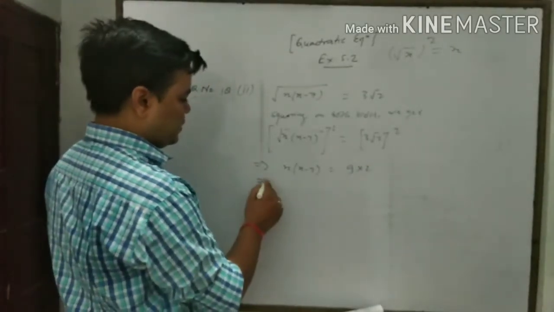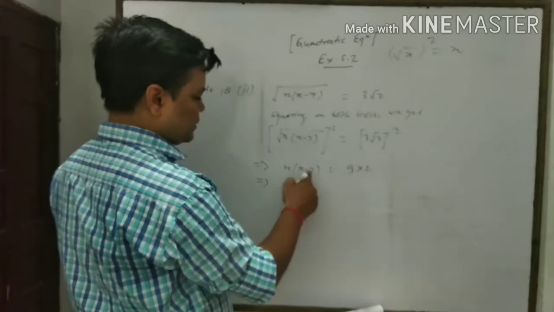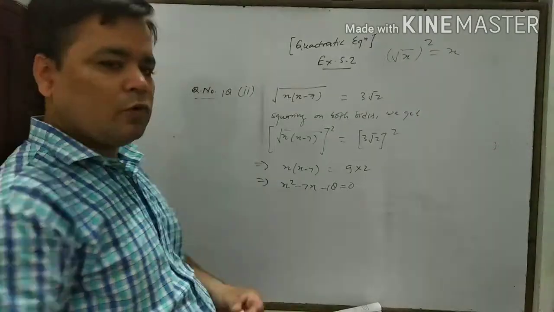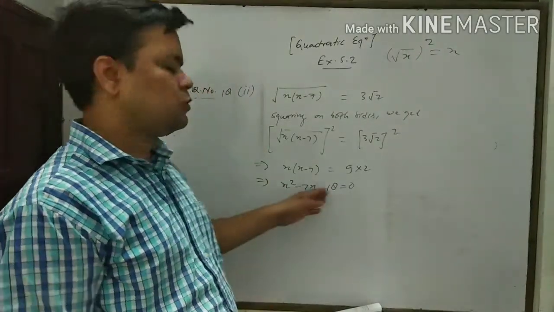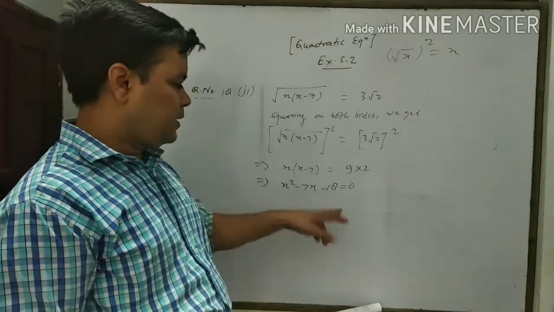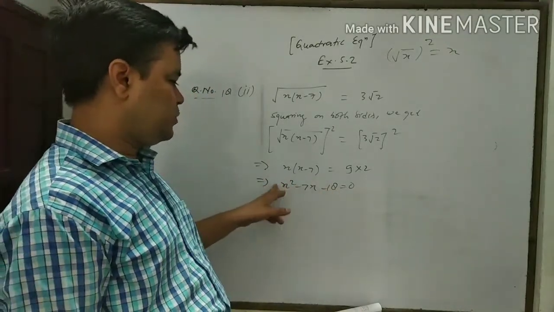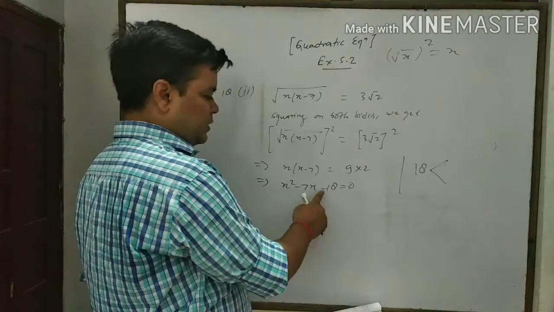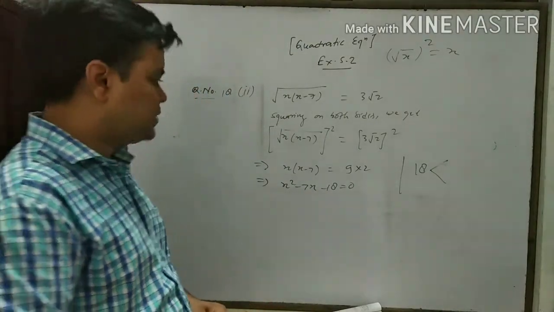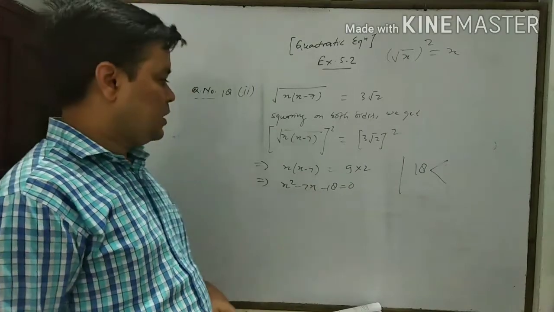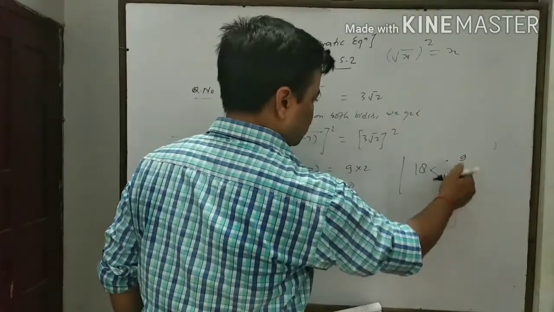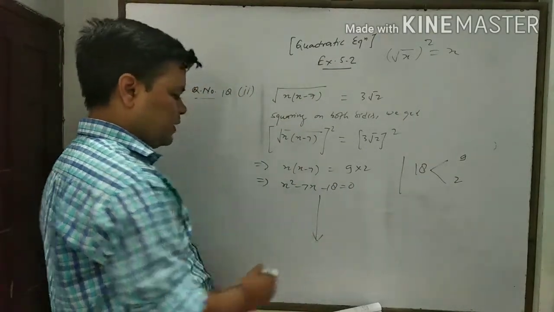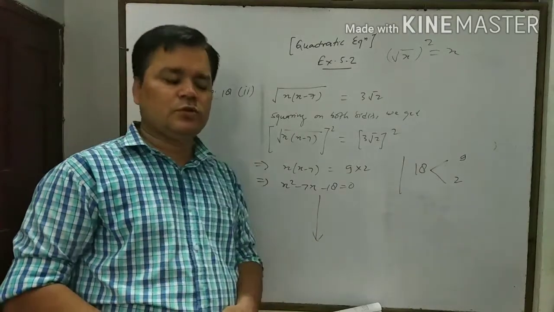Like this. What do we write now? x into x will be x square. x into 7 is minus 7x. 9 into 2 is 18, come to this side, it will be minus 18 is equal to 0. Okay. Now again, this is the standard form of the quadratic equation. We break the product of a and c. a is 1, c is 18, means 18. We break 18 in two parts such that their difference should be 7. Why difference? Because c is negative. So we can write here 9 into 2, which will be 18, and the difference of 9 and 2 will be 7. And in this way you can now do it by yourself and find the two solutions of x.